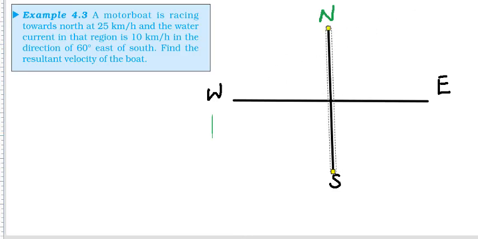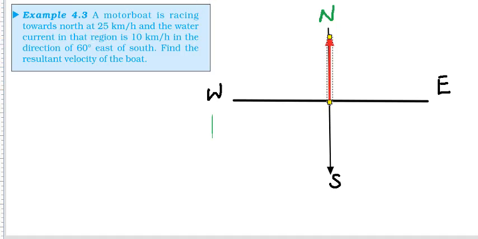Fine. Now, what is the direction of the velocity of the boat? The boat is going towards the north, so you can use one vector which is pointing towards the north. Okay, so that is a vector in the north direction. So this is representing the velocity of the boat, which has got a magnitude of 25. Now the same boat is affected by water. Water will also push it in the direction where water is flowing.